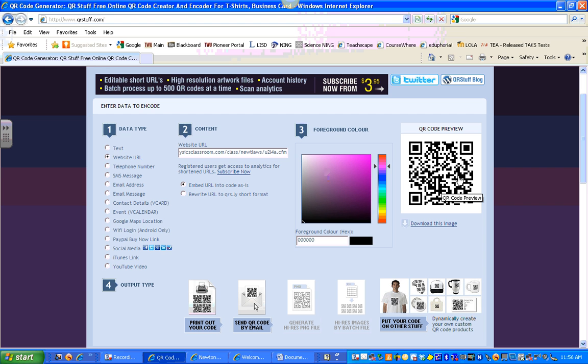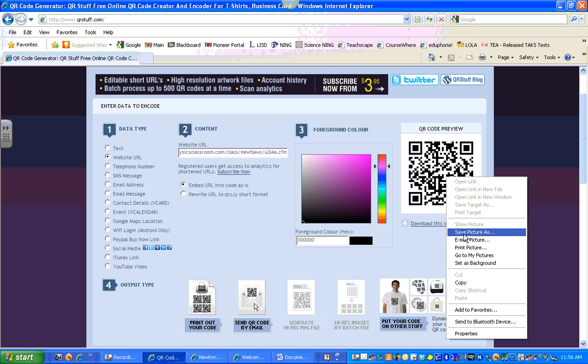You'll notice over here my preview changes. Step 3, you can change the color, but that's kind of a side note. You can download this image. You can right click on it, like I said, save picture, copy it, paste it, or you can straight from